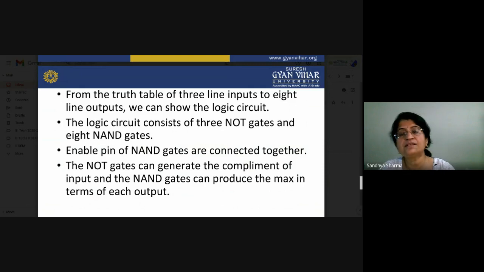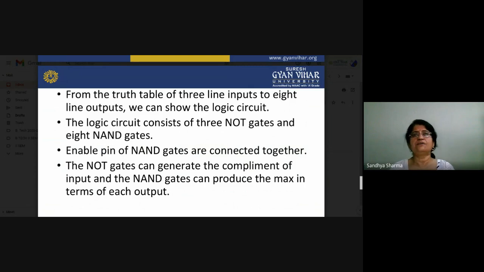So to remove this problem, what do we have to do? We have to give certain priorities to our encoder's input lines, and if two signals are active at a time, we see which two exist and which one has the highest priority, and that input signal will be reflected to the output. So this is the basic working of our encoder.